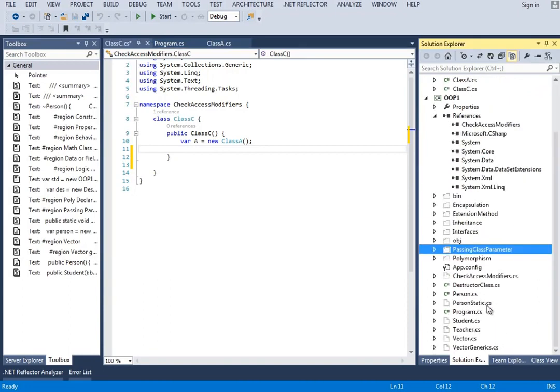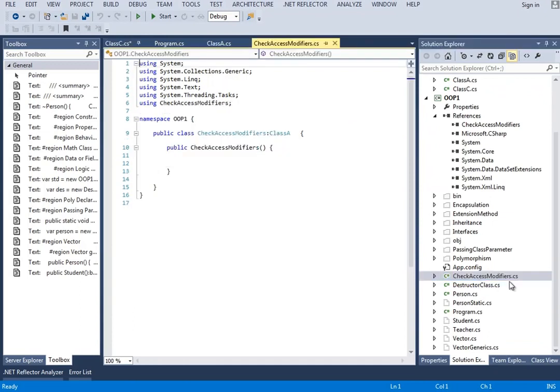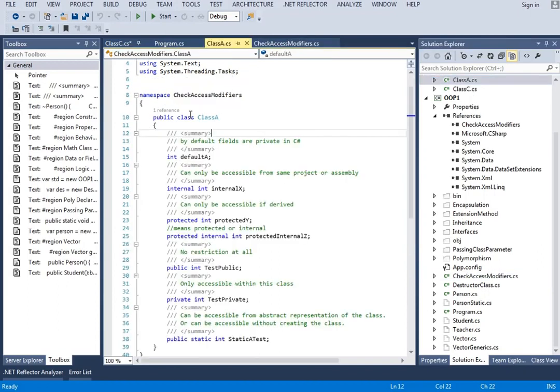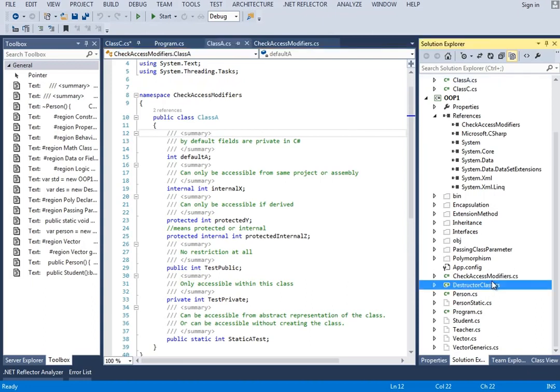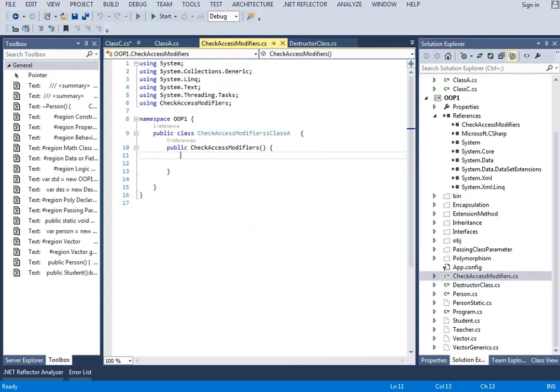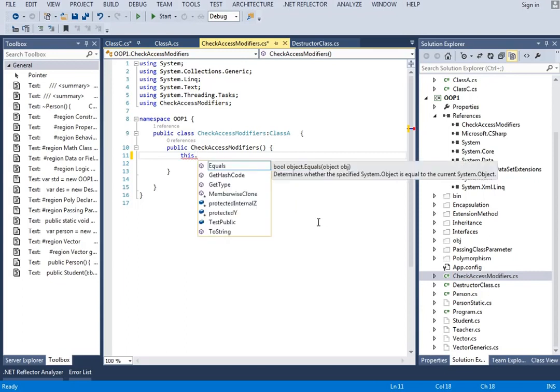As it will also be available from other projects. So here I have another class, and I have already inherited the class from class A. If you see, I have already imported the namespace check class modifiers, and here is the check class modifiers. So what I did is inherited the check access modifier from class A. So if I write this dot, you can see that I can access the protected internal because I have inherited it,